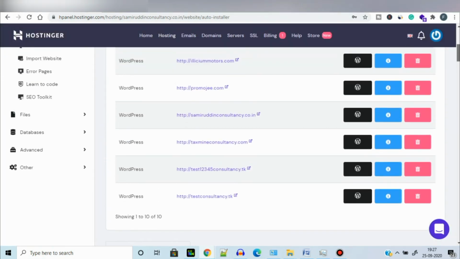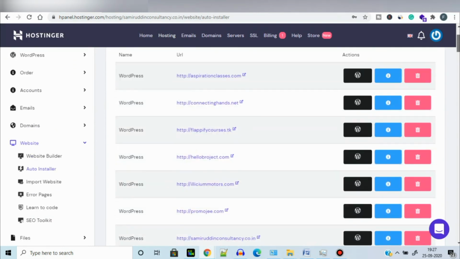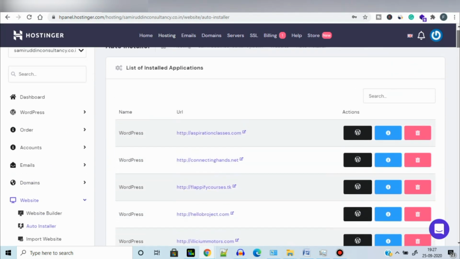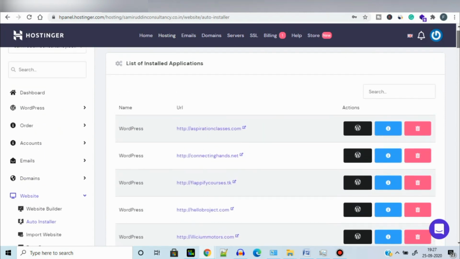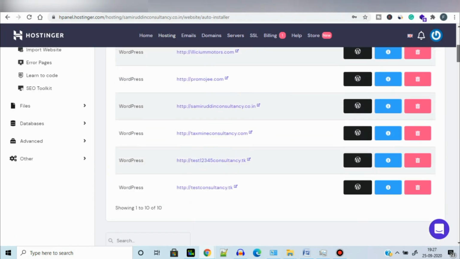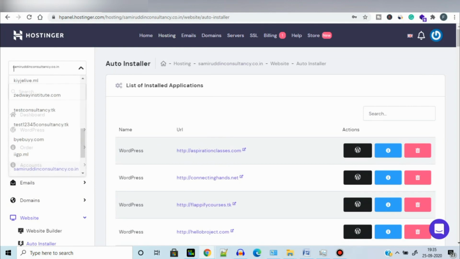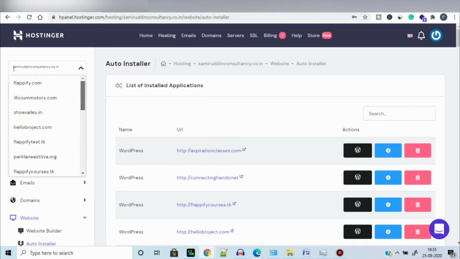Once you install it, it will show above. You can see here the list of websites, and you can switch the websites from here.